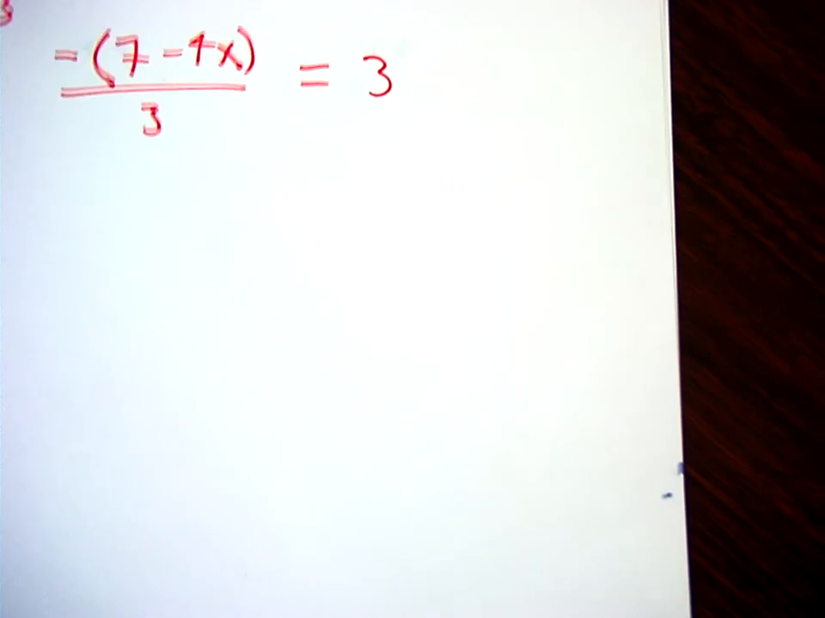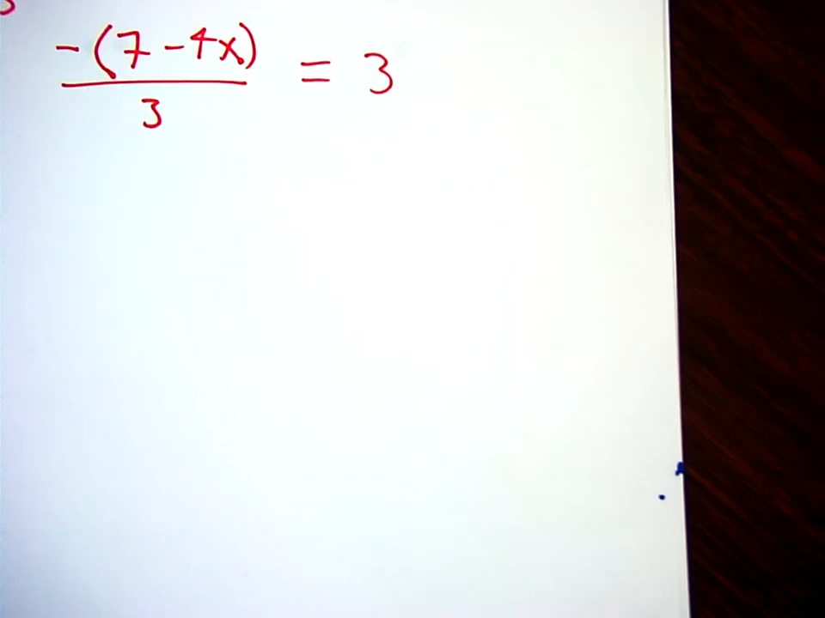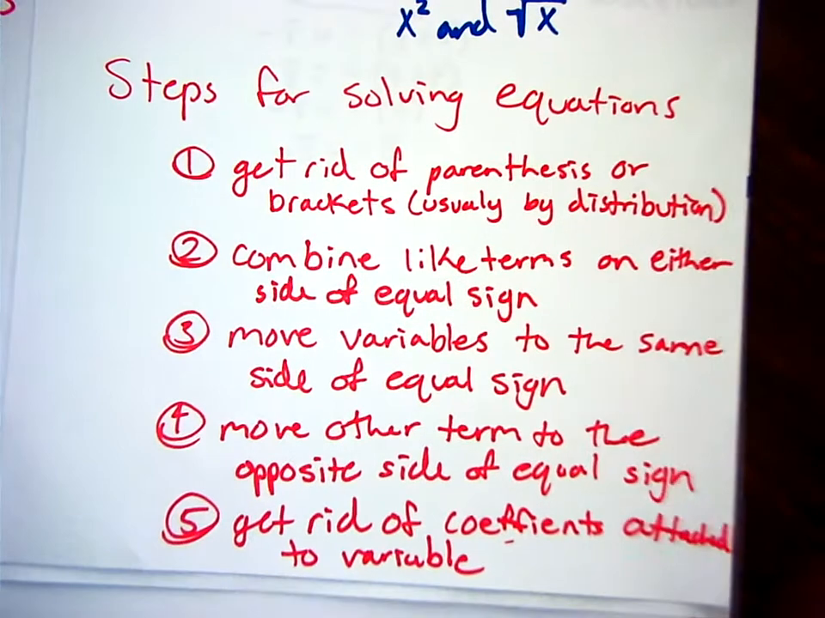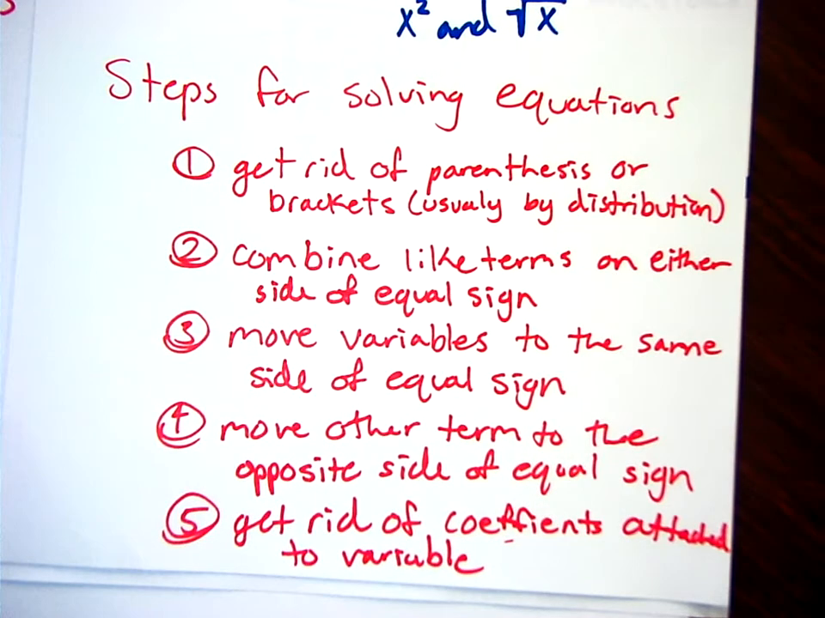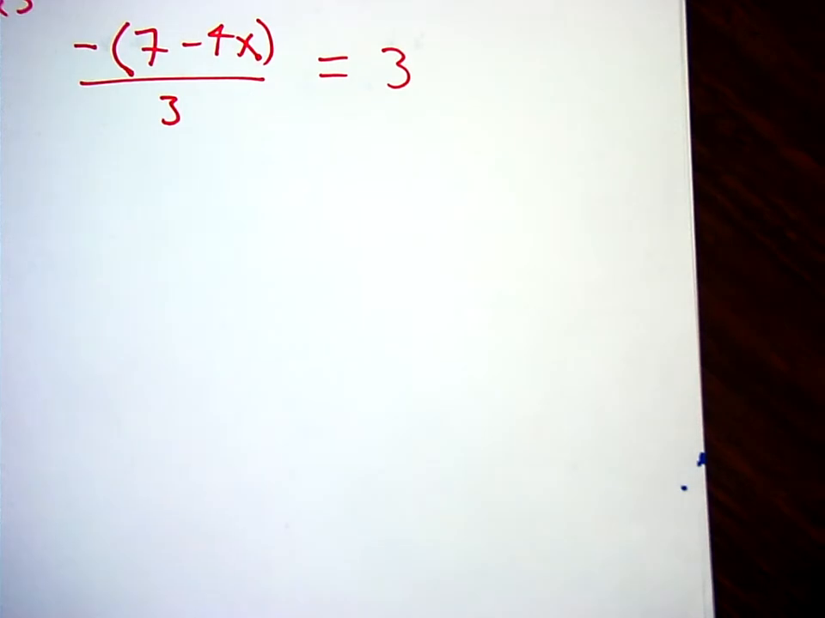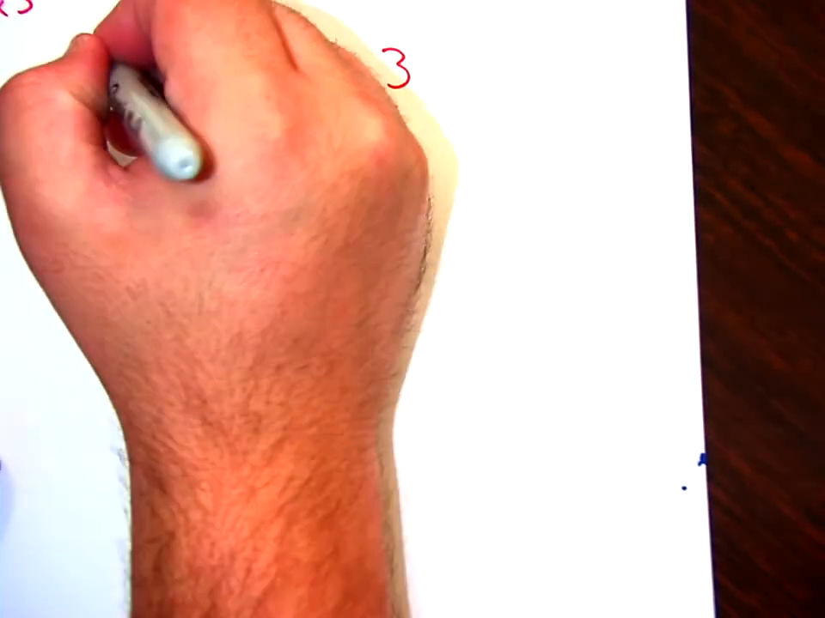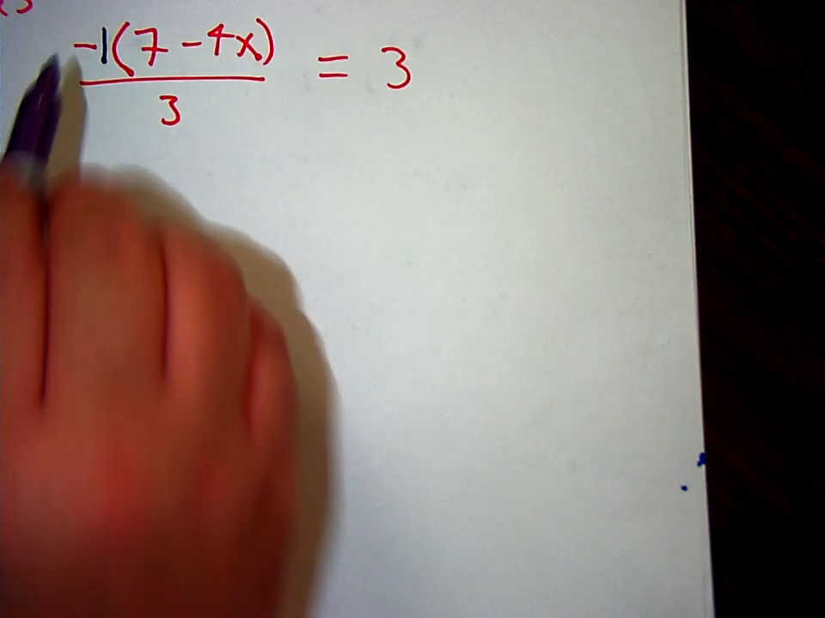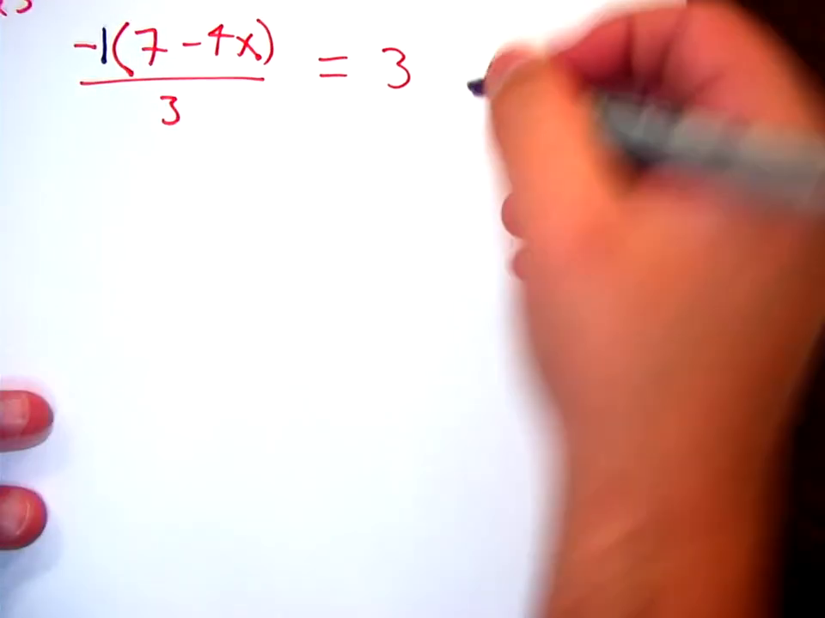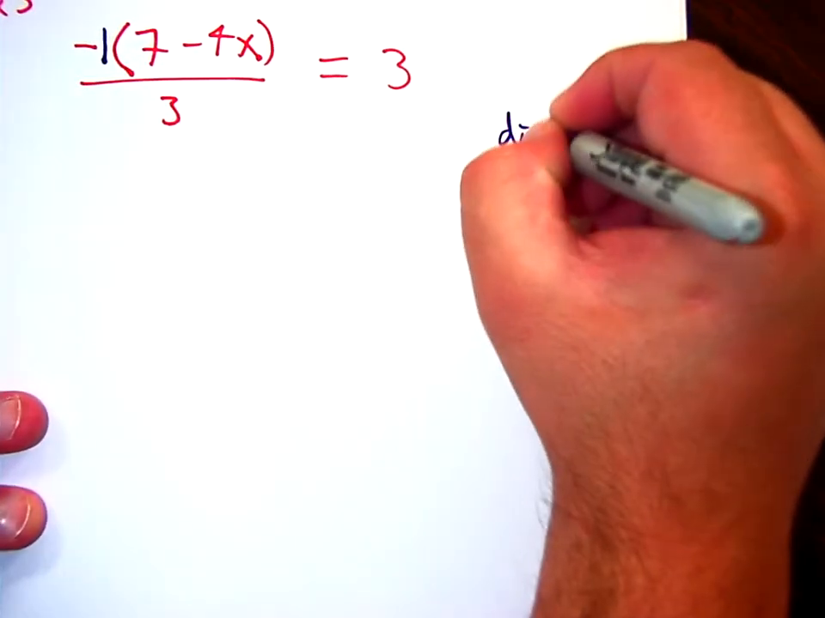All right, so let's take a look at our steps. So we're still doing those things, okay? What's the first step? Get rid of parentheses. So let's do that. And we're going to do that by distributing this negative 1 here. If you put that 1 there, it makes it a lot easier. So to justify, we're going to distribute